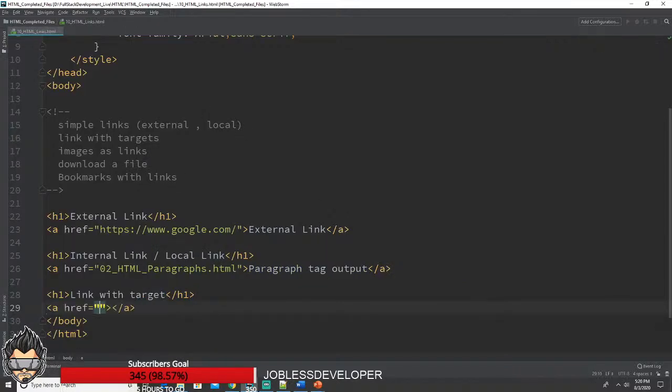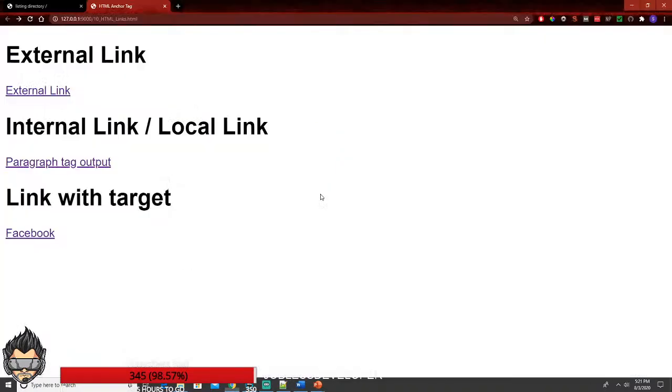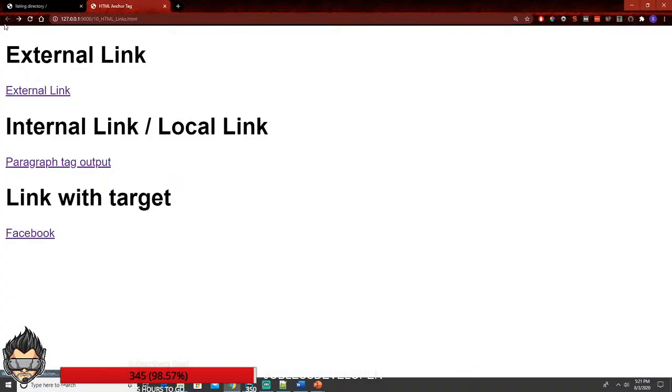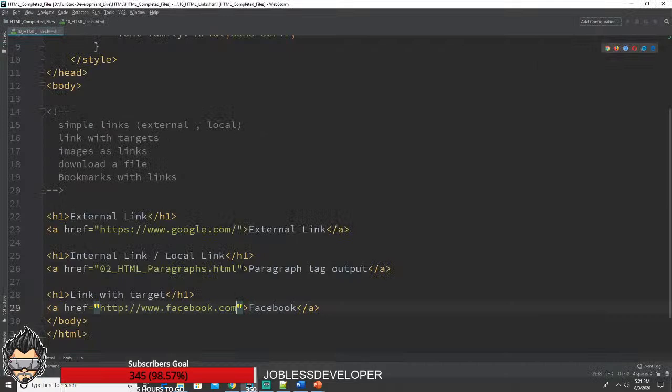For example, let's create a link and say that if I click on Facebook, http://www.facebook.com, let's save that and go over there. If I click on this, it's opening in the same page. I just don't want it to open in the same page. What I want is to open that in a different page. Let's go with Google itself